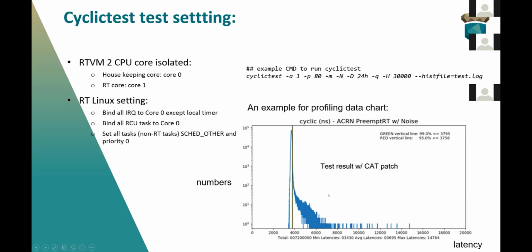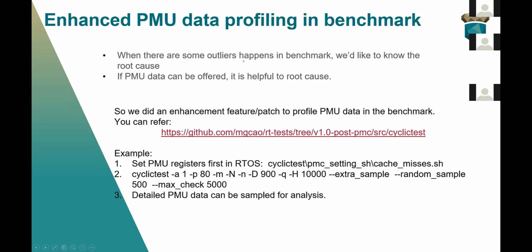microseconds. For the RT requirement, it is important to avoid the outliers. So if some outliers happen in the benchmark, we'd like to know the root cause and try to avoid that. So if the PMU data can be offered, it's very helpful to analyze the root cause. So we did an enhancement feature to profile the PMU data in the benchmark. We upload